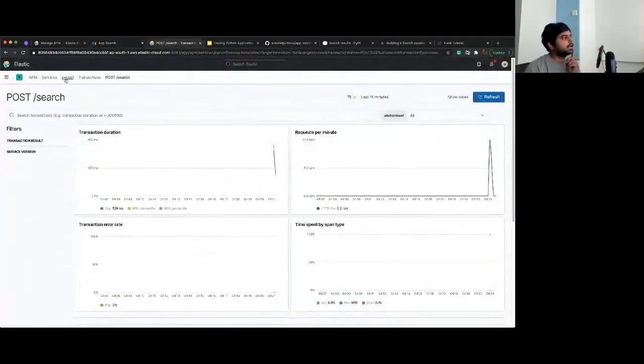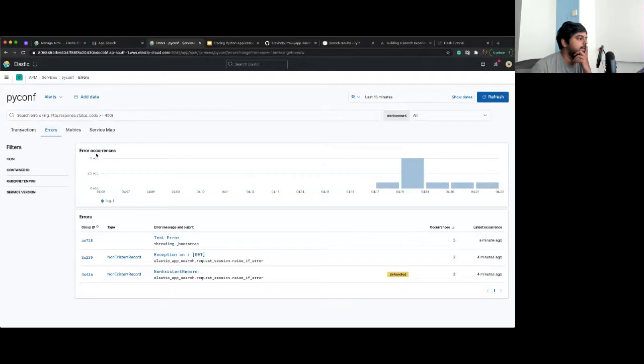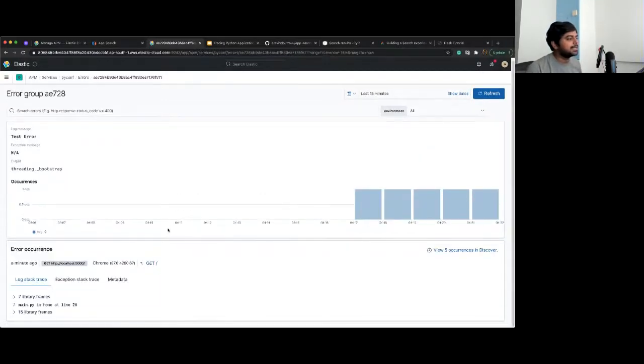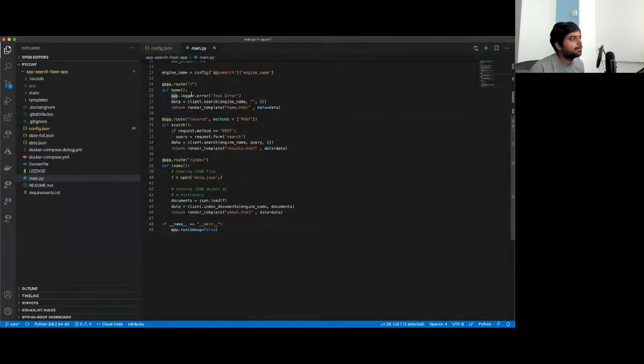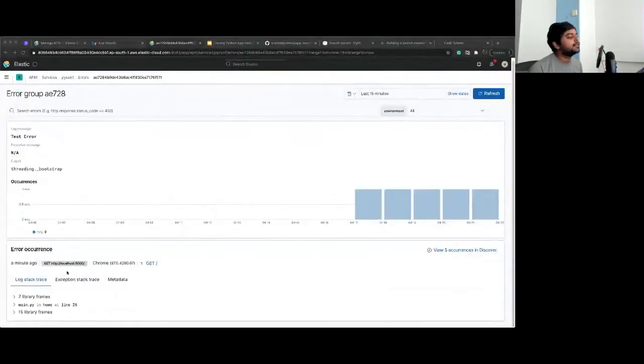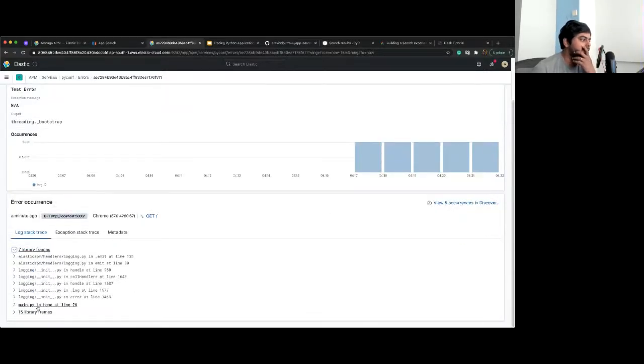Another advantage here is, I don't know whether there are any errors that have been generated. Okay, there are. I have logged a test error. As you could see, in this place I have logged app.logger.error test error just for fun. So you could see that it caught that error that is being manually logged, because I am logging that. It's just picking that up.